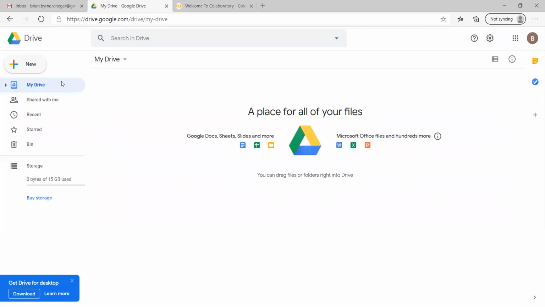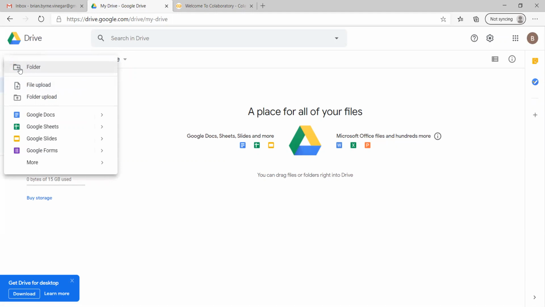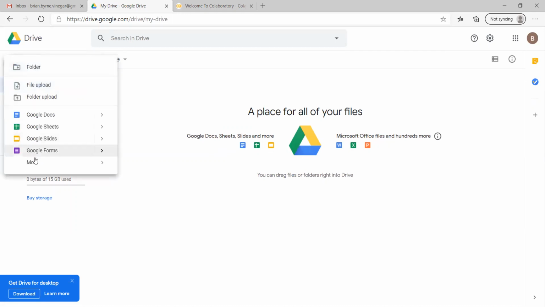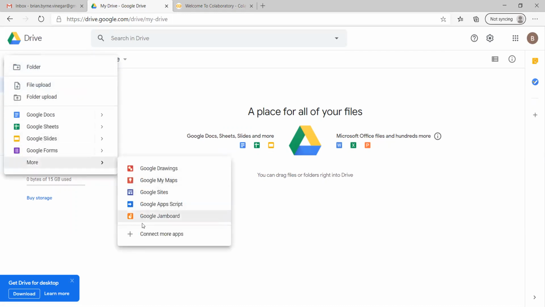This is a new Google account, Google Drive, fresh, so there's absolutely nothing here, but typically you will have files and you'll have some online storage. And to create some new content, like Google Docs or Sheets, we just go to New. Now in this instance, I want to set up and run Python code in the Colab, so I need to